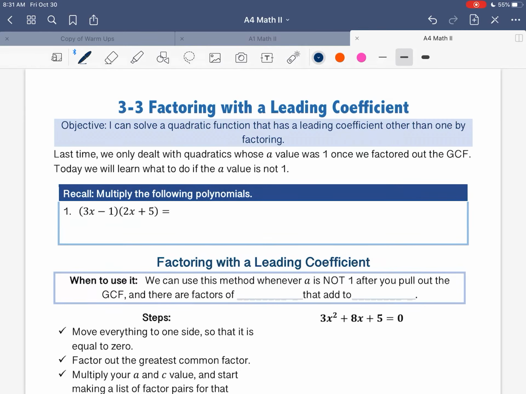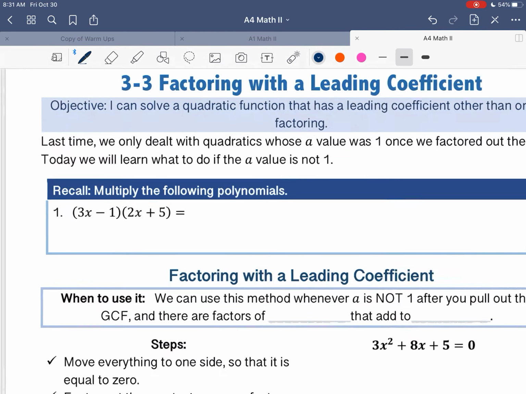Alright, this is 3-3, factoring with a leading coefficient. So we're continuing our unit on a bunch of different ways that we use to solve quadratics. In other words, find where quadratics cross the x-axis. This is going to be a little bit similar to what we did last time with just factoring, but this time we're adding in the mix of the leading coefficient. So we're going to learn how to factor when there's a leading coefficient and kind of what that means for